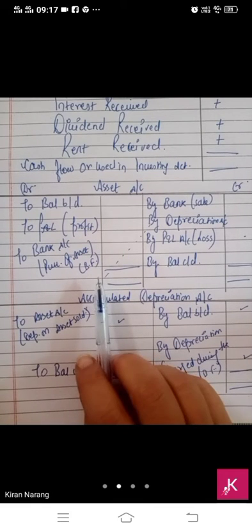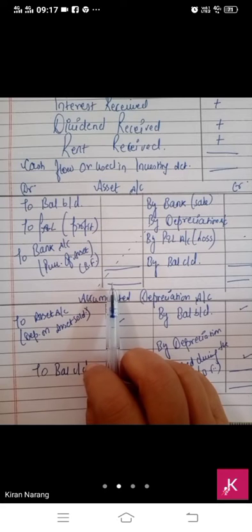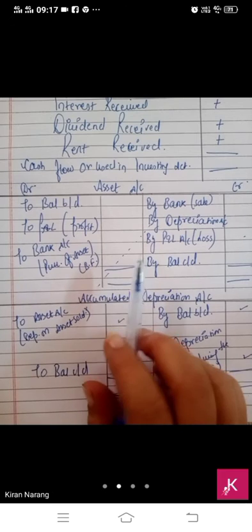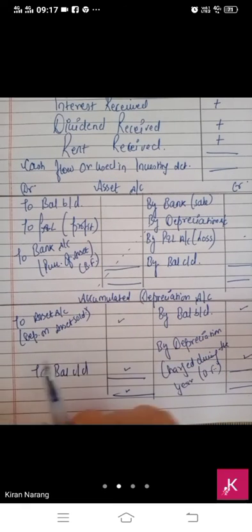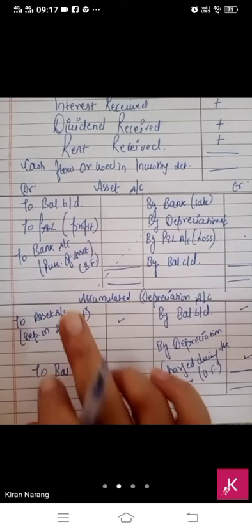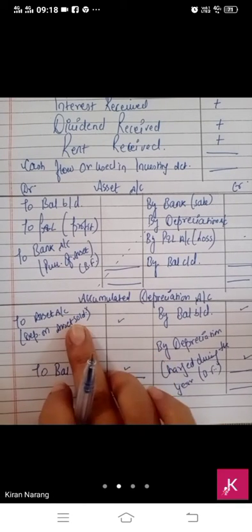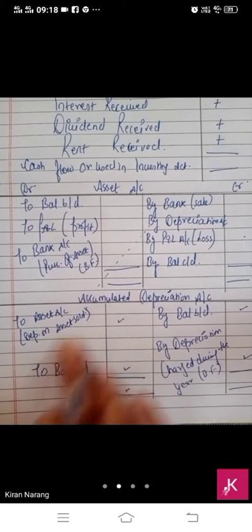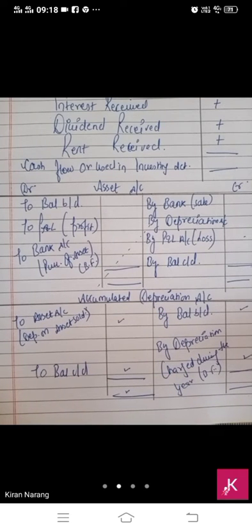But whenever some additional information is given in the question, that will be recorded in the asset account. In that condition, you have to make the asset account. And if two depreciation values are given, the difference will be the depreciation charge during the year. But if some additional information is given, either this or this, then you have to make the depreciation account also. When additional information is there, at that time you have to prepare the accounts. Now have a look at illustration number 20.